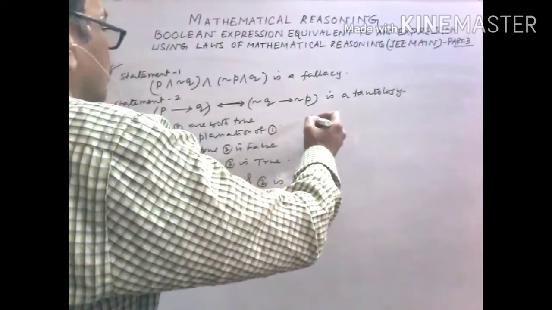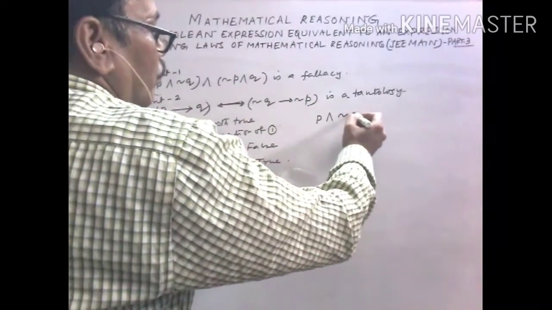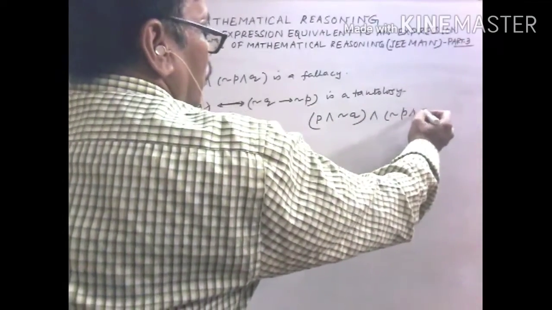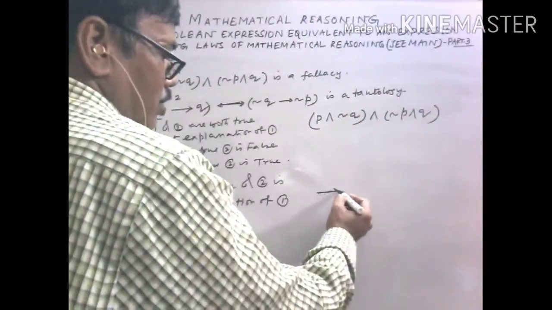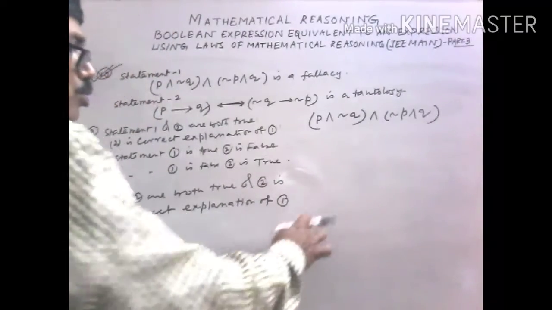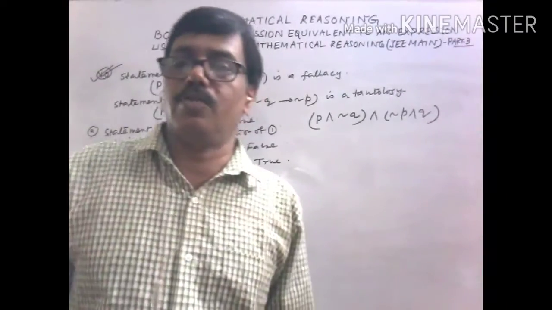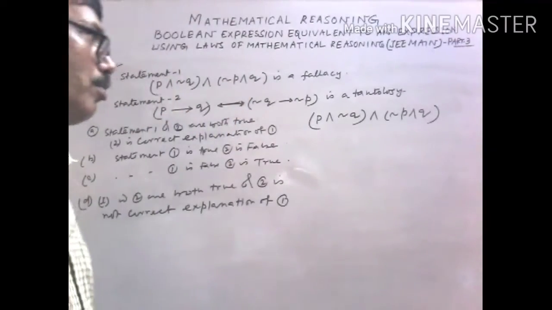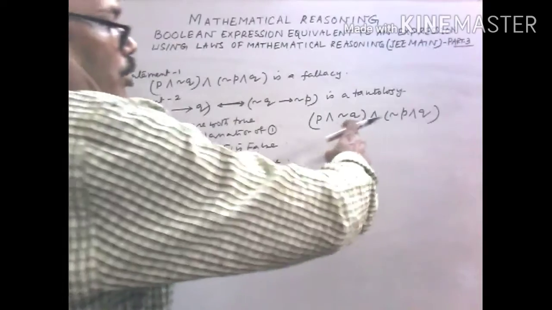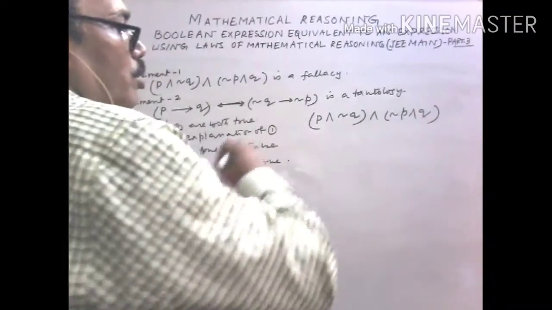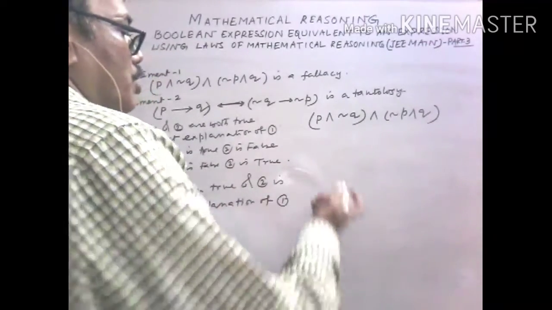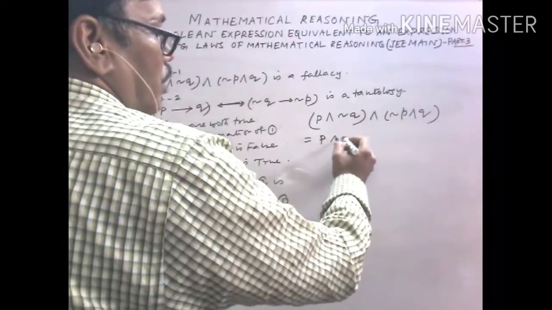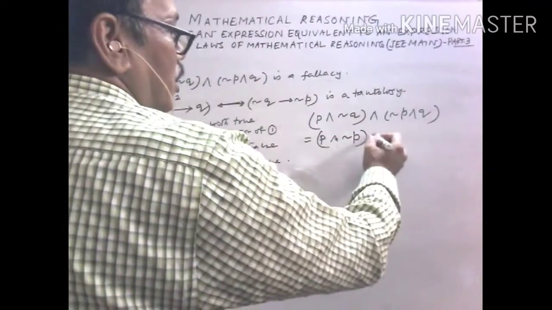So first we consider statement number 1. We can also use a truth table, but look, if arrow is not given, and if intersection and union operations are given, we always use algebra of logic. So look, only one operation. So we interchange the position. Interchanging the position, that is the associative law, we can write it.